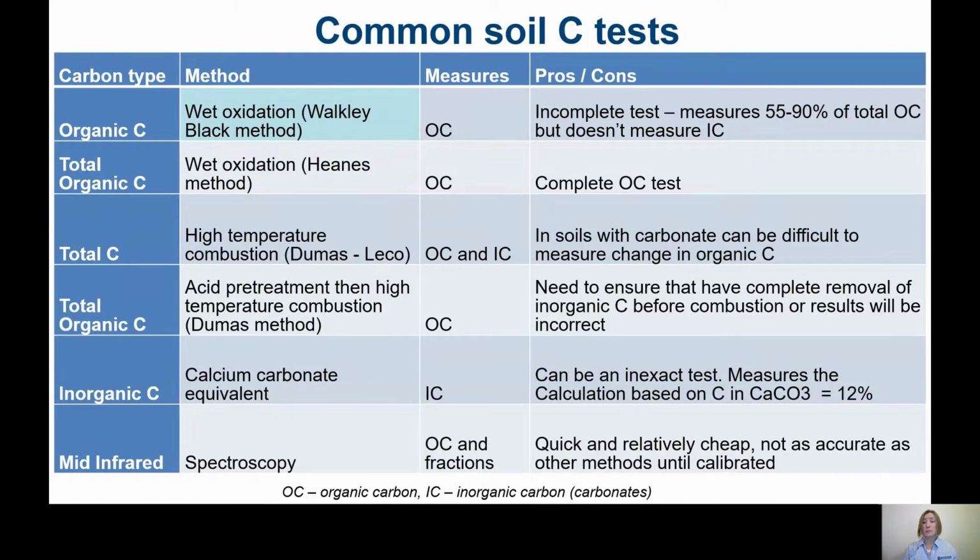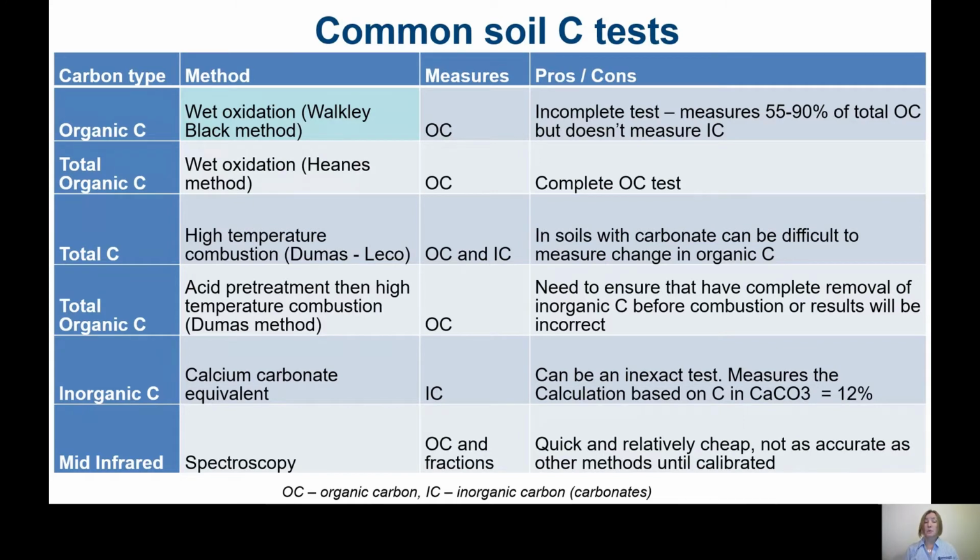The first test that most people are aware of is the organic carbon test. So the typical agronomic test that we often get in the 0 to 10 centimetres has this Walkley-Black method. And we still think in South Australia that this is a great test for us. And this is really because it's really important in calcareous soils because it doesn't measure that inorganic carbon or that carbonate in our soils. The only problem though is that it's called an incomplete organic carbon test. It only measures 55 to 90% of the total organic carbon.